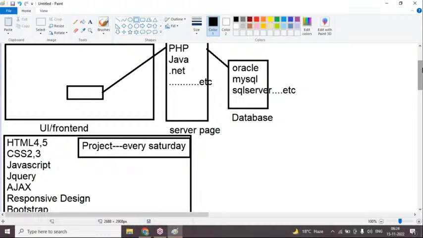Here I'm discussing front-end programming. Under this: HTML 4 and 5, CSS 2 and 3, JavaScript, jQuery, Ajax, responsive design. I'm going to cover all these topics in front-end. But here presently,